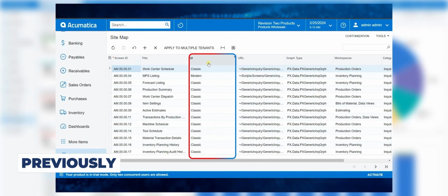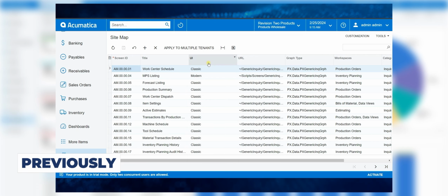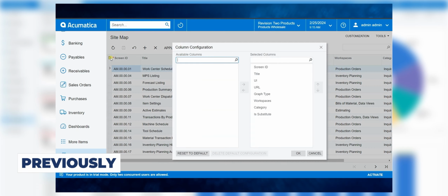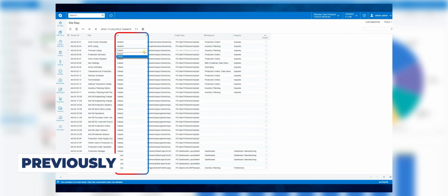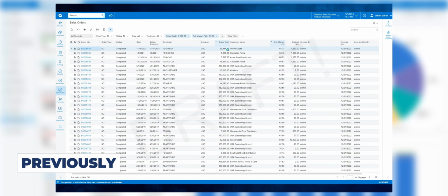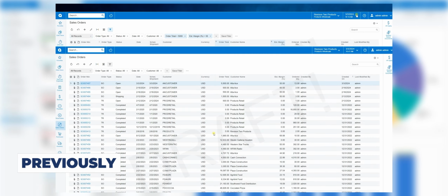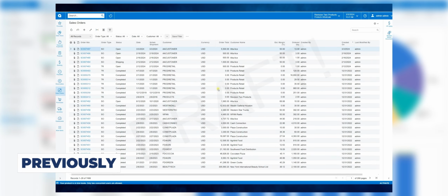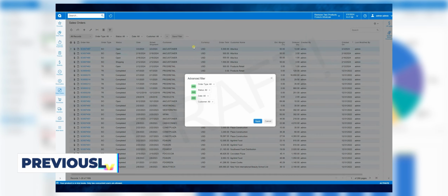Starting with Acumatica 24R1, the modern UI became available for users, offering a great set of tools to improve the system appearance, usability, personalization, and performance. In 25R1, Acumatica made it possible to convert even more screens to the new interface. The modern UI is not production ready yet, but you can test it.